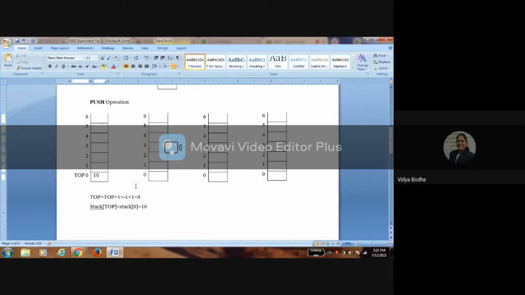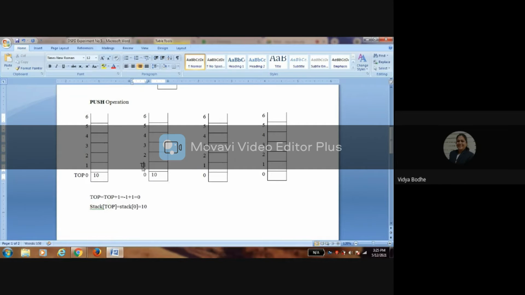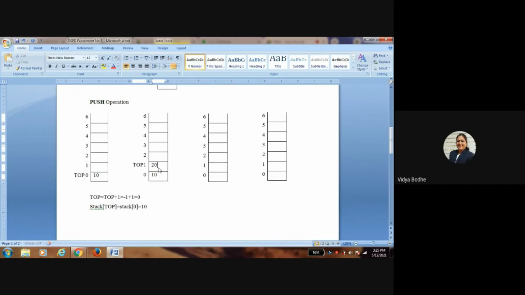For inserting the second element in the stack, we have to increment top of the stack by 1. First of all, top is at 0, then we increment it by 1. Therefore, top is at 1 and we insert our second element at stack of top, that is stack of 1 position, which will be 20.